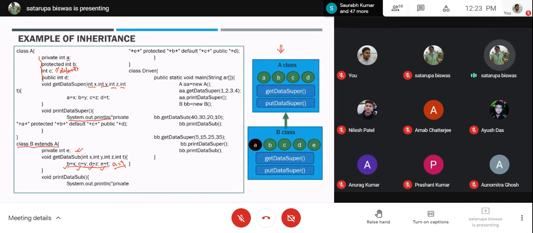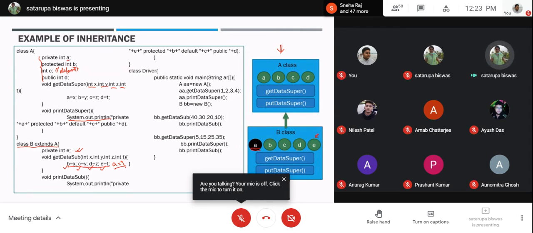But when you come to class B, B is also inheriting all 4 of A, B, C, D. Apart from that, it is adding another variable E, which is private to it. Now, what will happen to B? B will have the memory allocation for A, but it cannot access this A directly as it is accessing B, C, and D.